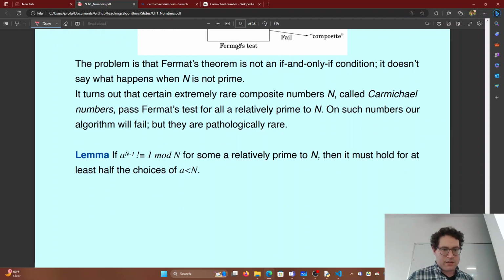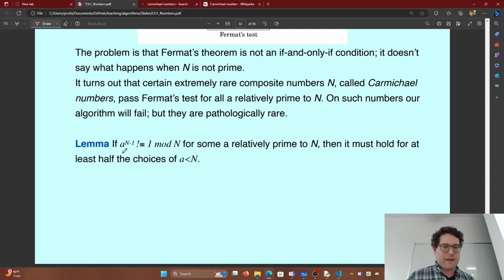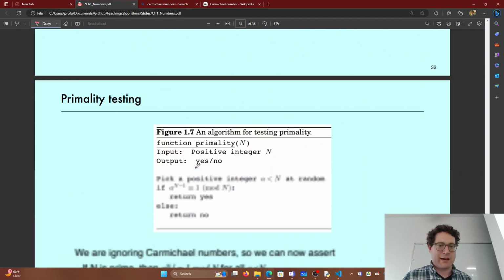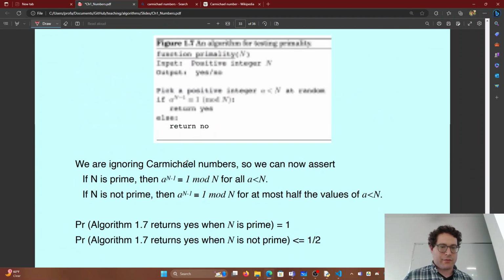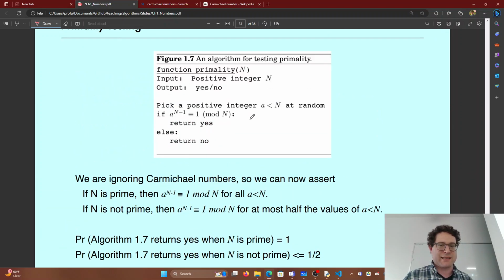And it turns out, there's a fun thing here that we know, that if this doesn't hold, so if a to the n minus 1 isn't congruent to 1, in other words, if it's going to fail this test, then it's going to fail this for at least half of the numbers. Half of the a's less than n. I'm not going to bother proving that, but what that means basically is that